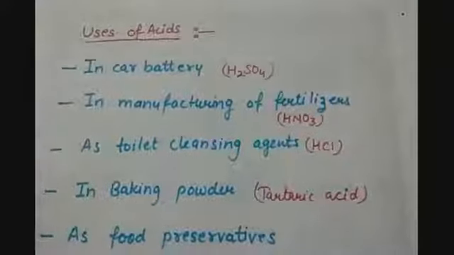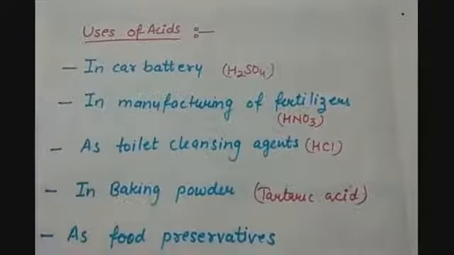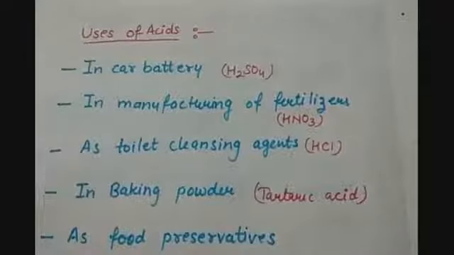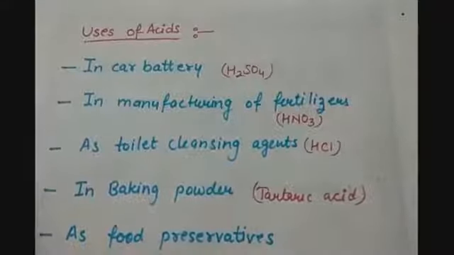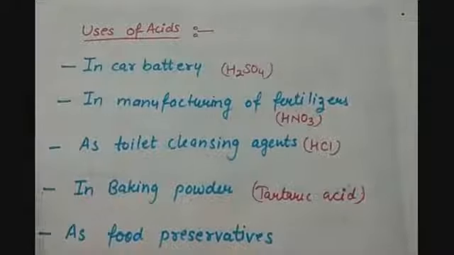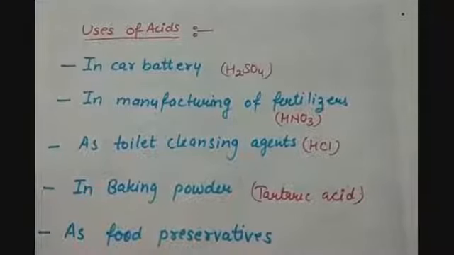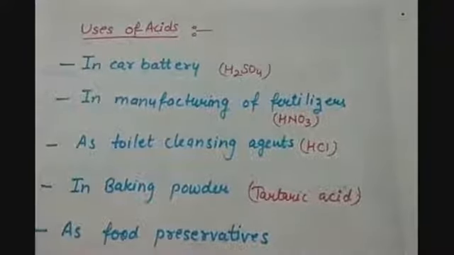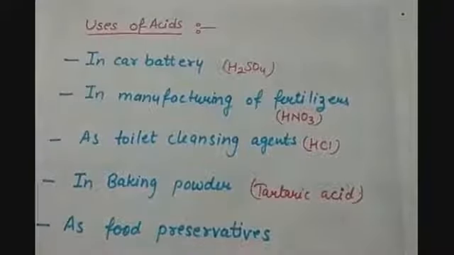Now, according to the chemical reactivities of acids and bases, we have different uses of acids and bases. So let us study some of them. Let us study the uses of acids first. Acids are used in car batteries, like H2SO4 acid is used in the car batteries, and they are also used in the manufacturing of fertilizers, like ammonia is used in the manufacturing of urea,